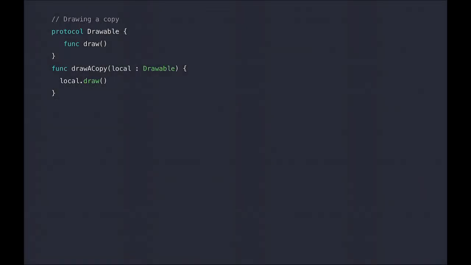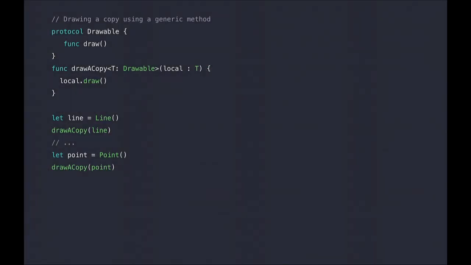Okay, let's come back to our application and take a look again. In our application, we had the draw copy function that took a parameter of protocol type. However, the way that we use that is we would always use it on a concrete type. Here we used it on a line. Later in our program, we would use it on a point. And we thought, could we use generic code here? Well, yes, we can. So let's take a look.